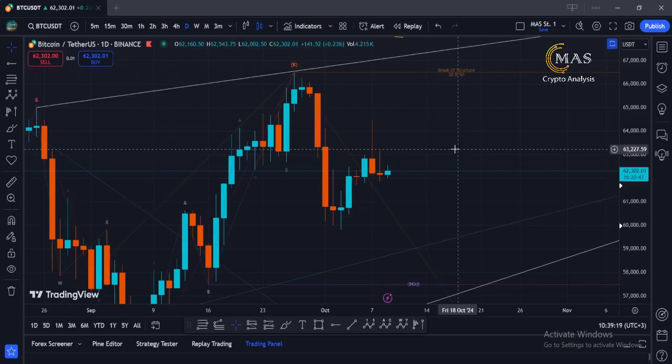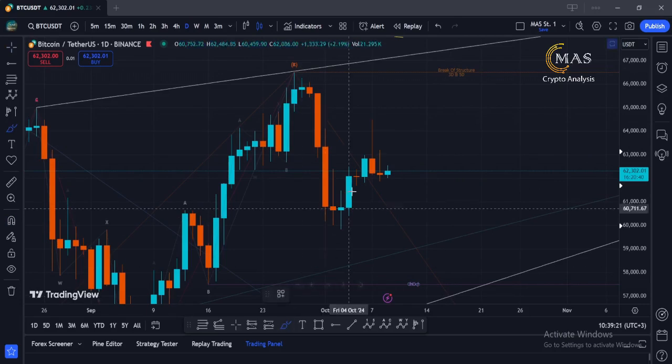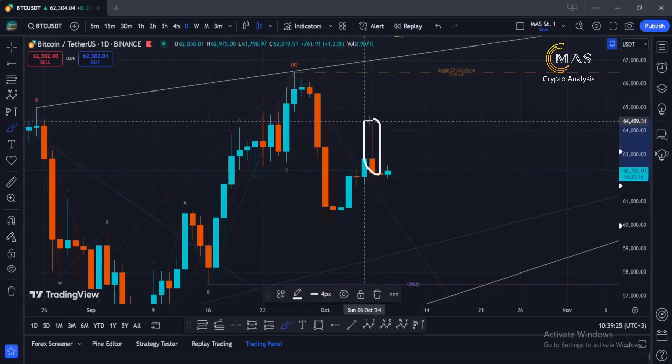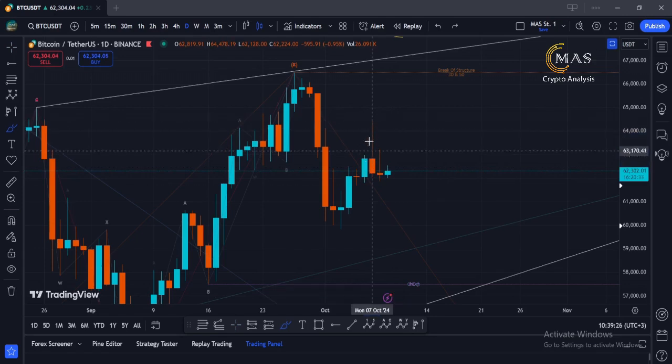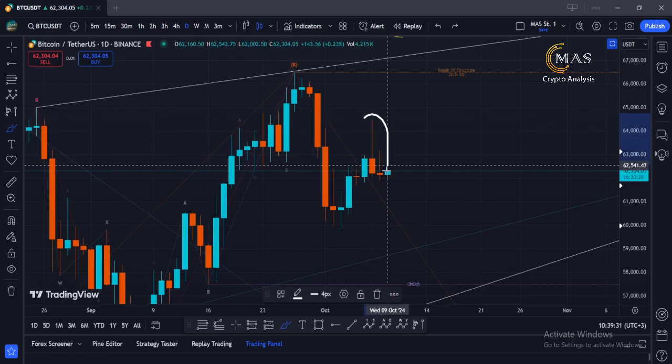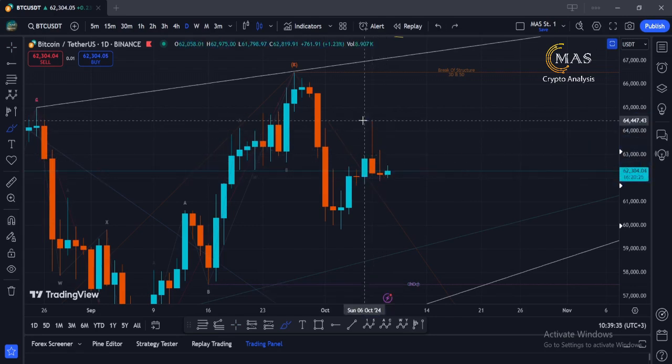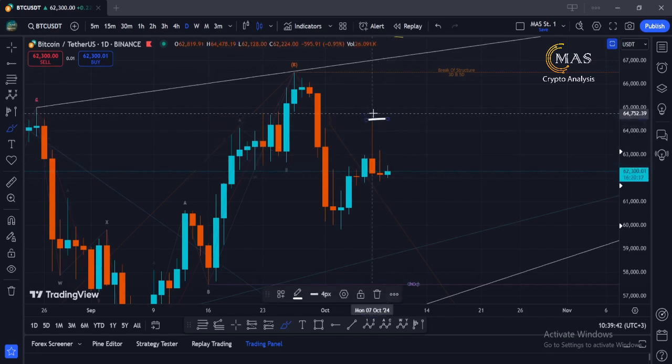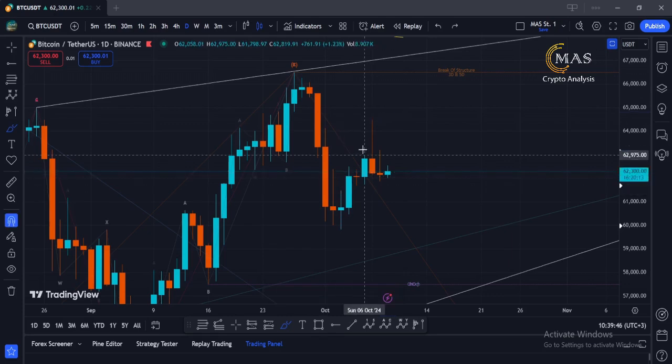As you can see here, my friend, in my previous video, I recorded before closing this candlestick, and it was green, and I said that it would be a fake breakout candlestick, and it returned and turned into a red candle. As you can see here, my friend, we ended the first wave here at this A, and I will update you on this in a smaller time frame.